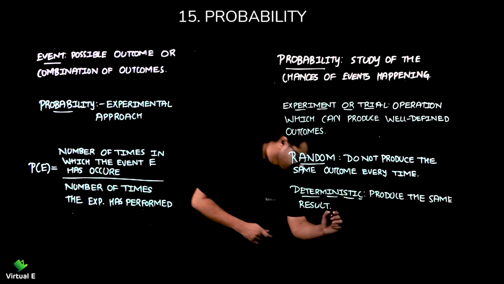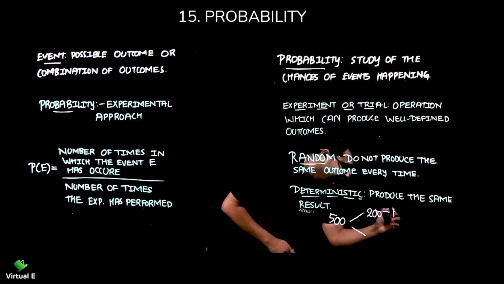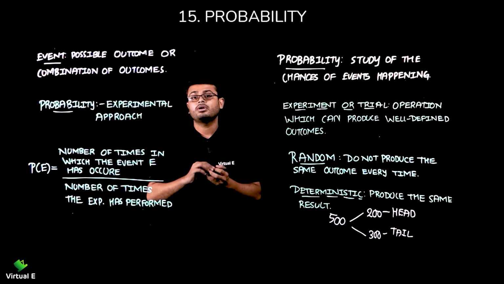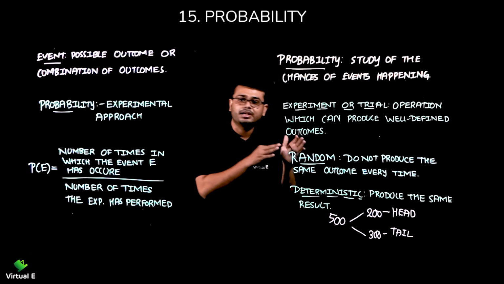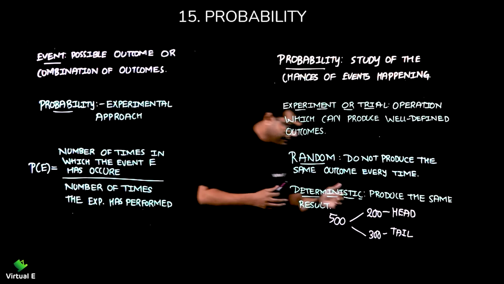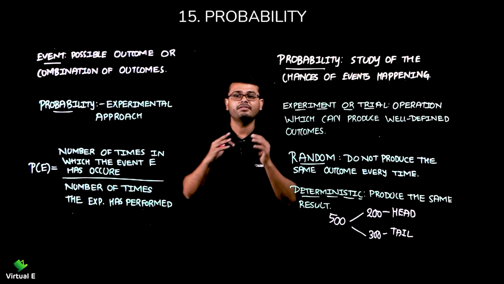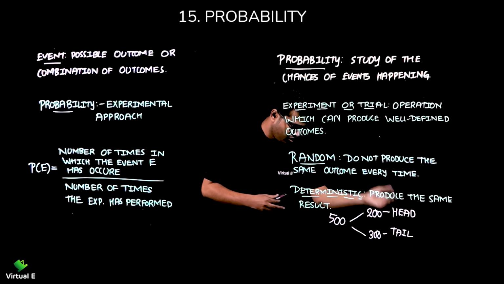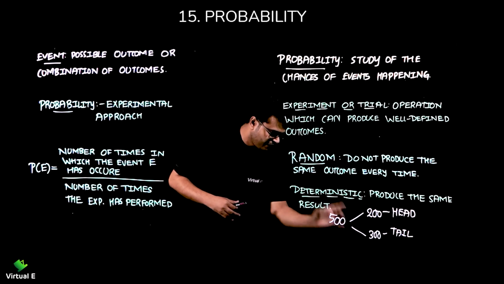Let's write here, 500 times we toss the coin. So 200 times heads is coming and 300 times tail is coming, right? So this is called something experimental. We have this true result after the experimentation. We toss it 500 times. Then we come to know that there are 200 times heads are coming and 300 times tails are coming. Now, if we want to find the probability from this one, what do we do? Favorable outcomes, right? Okay, let's talk about head. If we want to find the probability for the head, that's very simple. 200 divided by 500.